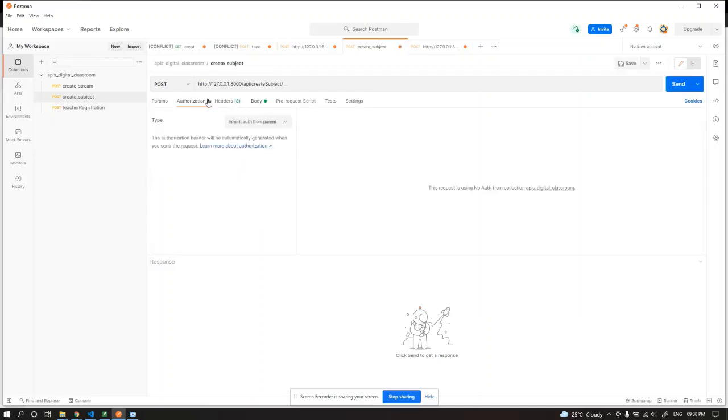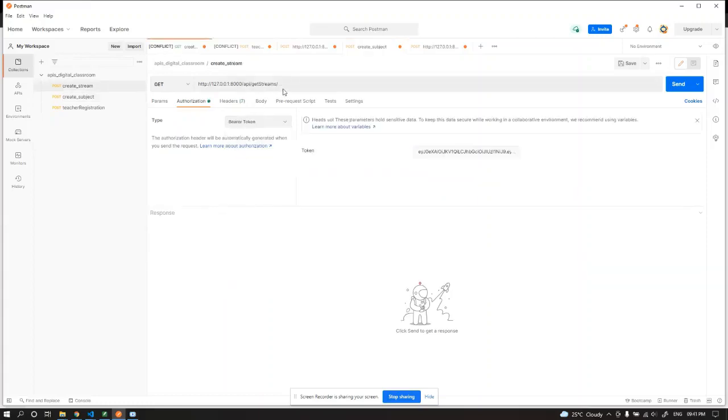Inside authorization or inside the headers tag, I will add... okay, for example, let's just see if I want to get the list of all the streams that are currently in the database, as in information technology, mechanical branch, etc.